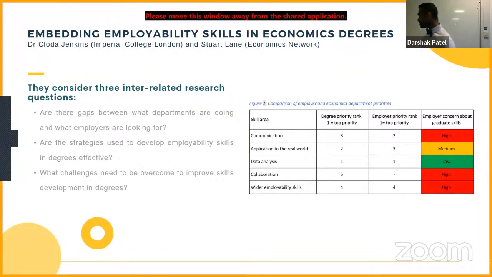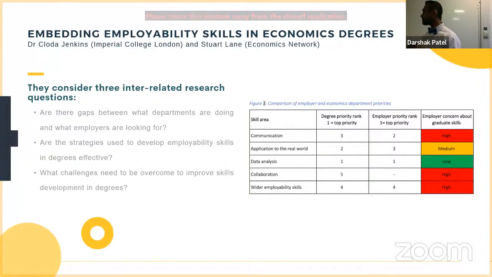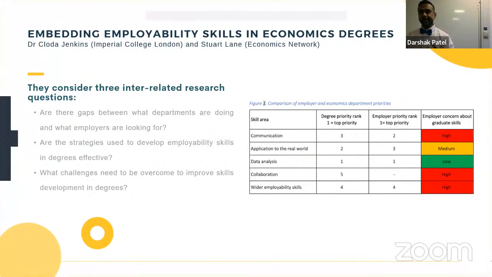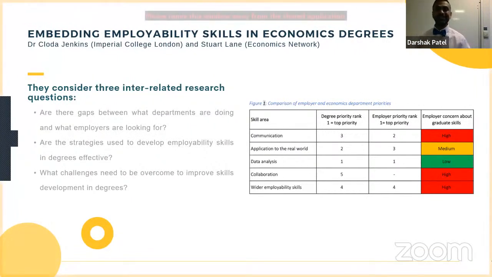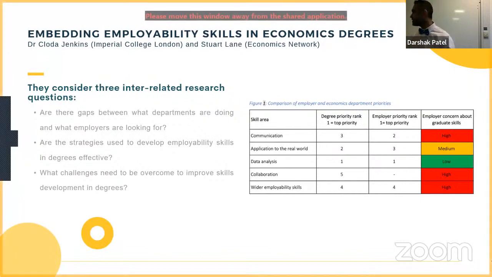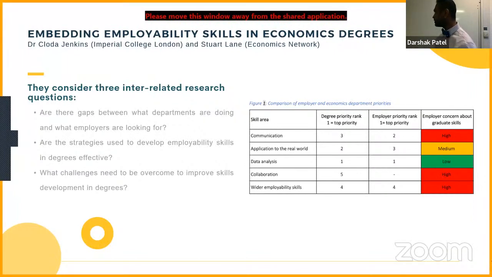For example, there's a high concern in terms of communication from the employer side. Although that skill is provided in academia, employers feel that our students are not really well prepared in that area. One of the reasons that came up was maybe we do not teach our students to communicate or write reports to those who are not in that expert area. So we want to engage individuals who are non-experts in the discipline. Another area that came out as a high concern was collaboration. Employers are looking for recent graduates to be able to work with peers who are in different disciplines rather than just one discipline.